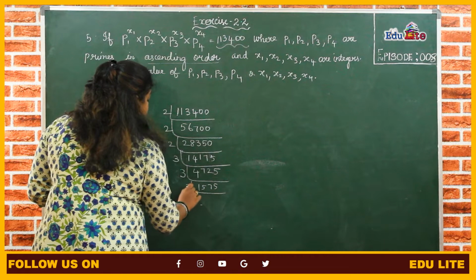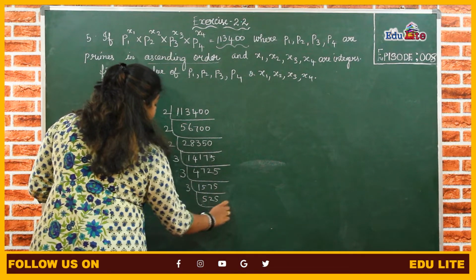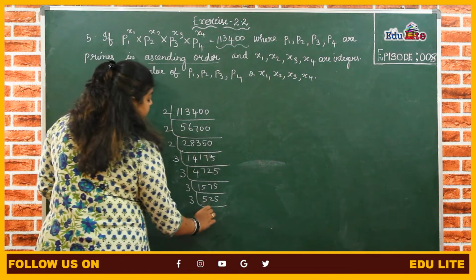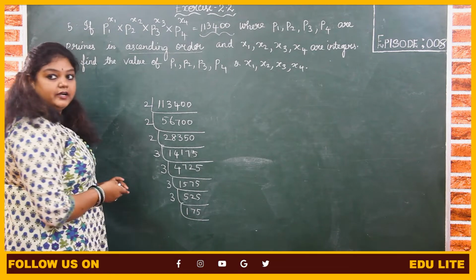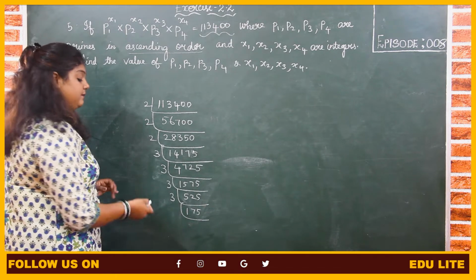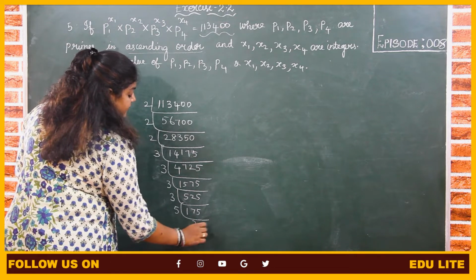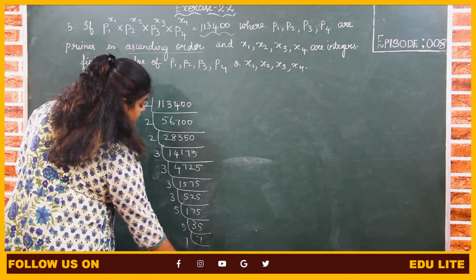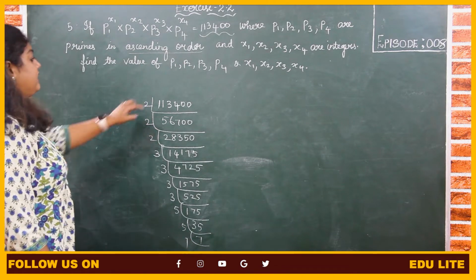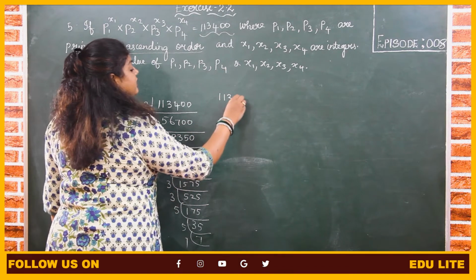Again we can choose 3. 1575 divided by 3 gives 525. Again we can choose 3. We will get 175. So 175 cannot be divided by 3. So we will choose the next number, which is 5. So 35. Again 5, 7. So 7, 1. So now we can write the number in this format, which can be written as 113400, which